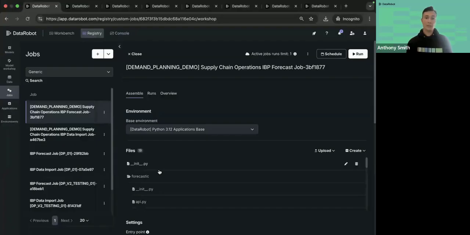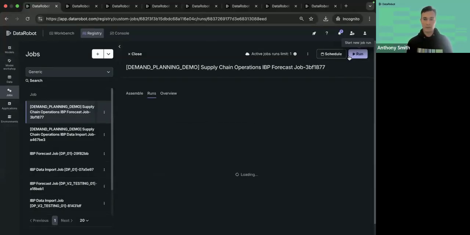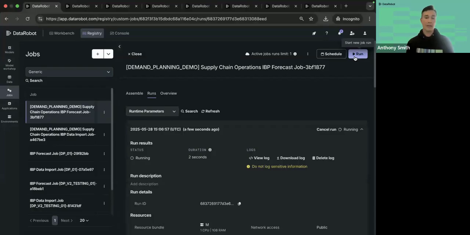Now, we're going to jump into DataRobot here. And the first place we're going to start is here, where we have a job that is going to execute that whole process. Now, I'm going to kick that off so it runs in the background. You can run it on demand like I've just done, or you could be scheduling it as well. And the app actually is very flexible. What we're running here